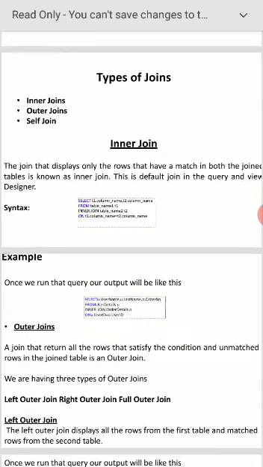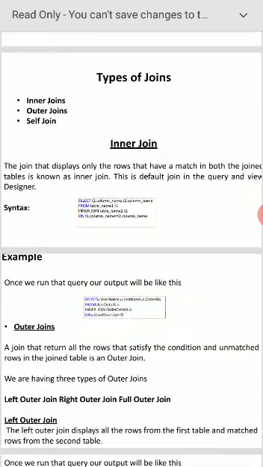There must be a match in both the joined tables. This is known as inner join. This is the default join in the query and view designer.